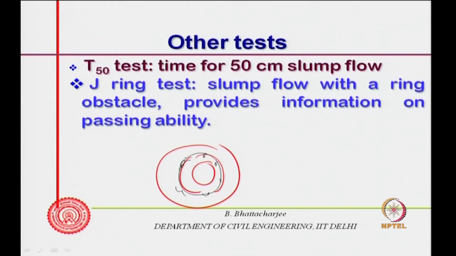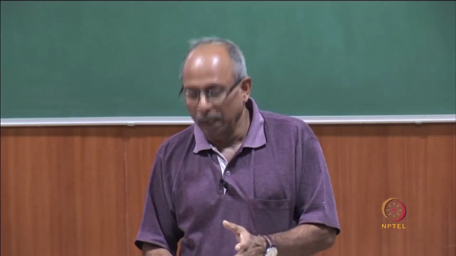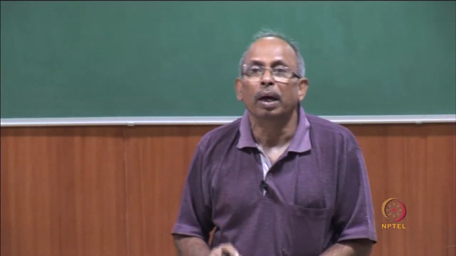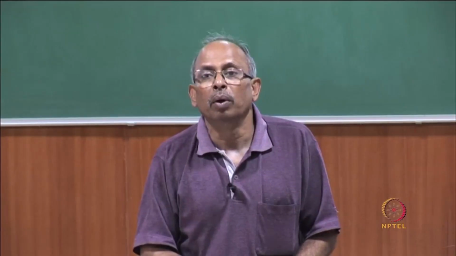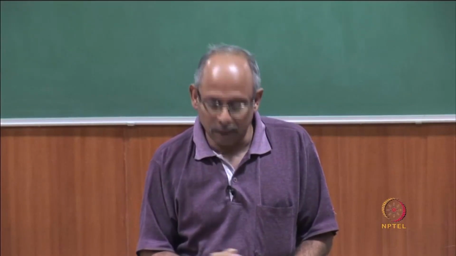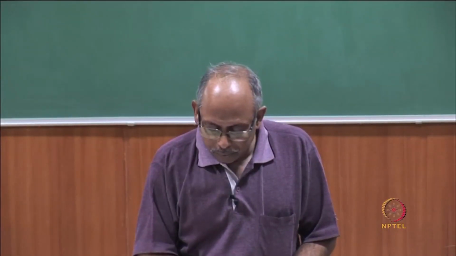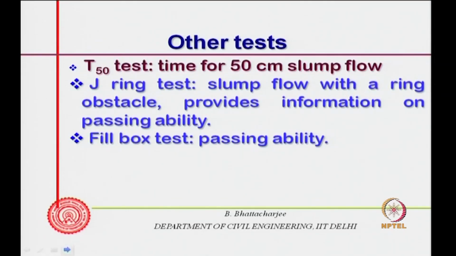Slump flow with a ring obstacle provides information on passing ability. So, while flowing, it is trying to combine fluidity with passing ability. After putting the obstacle, you find out what the flow is. That would be a kind of measure of fluidity plus passing ability. Then the fill box test, that is again a box in which concrete is filled in first, then it is allowed to